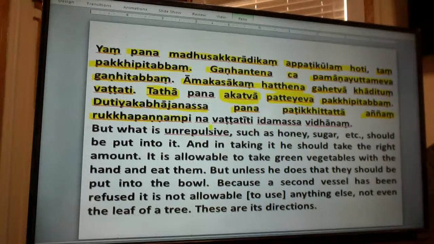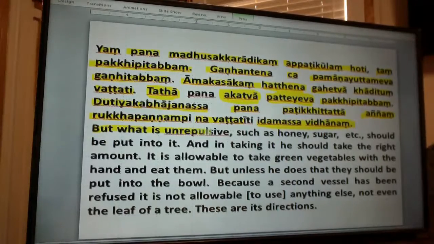Now what does that mean? Imasa vidana. This is the direction. That means he should use the one bowl, not a second container. A second container is not allowable. Even the leaf of a tree, he cannot put the food on before eating. It's not allowable. So that's why, in English translation: